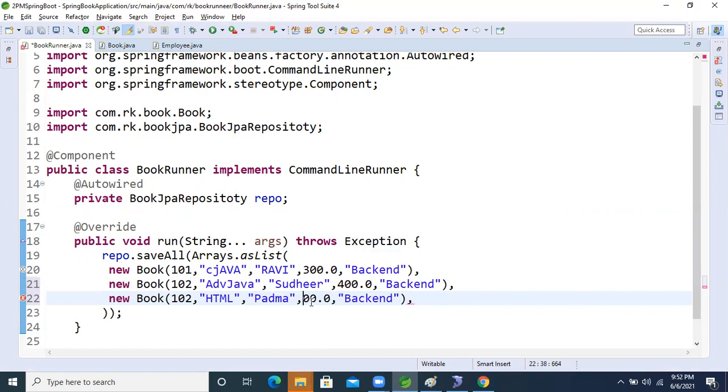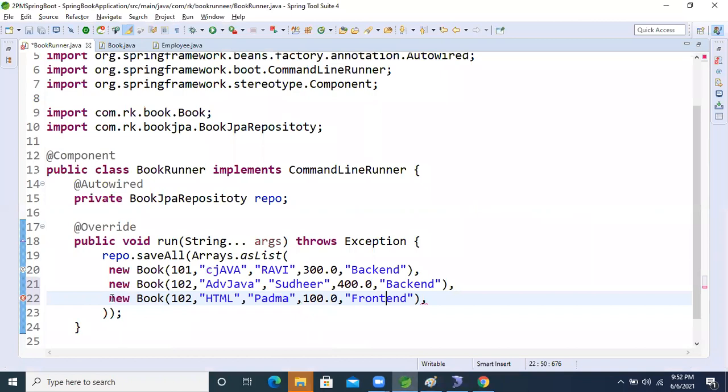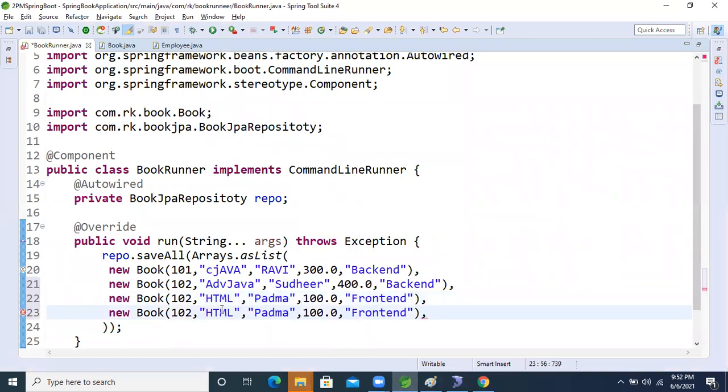Padma, 100. Front end. Okay, another record is HTML, JavaScript. Not 103, 104.